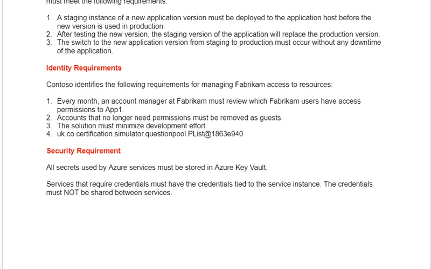Identity requirements. Contoso identifies the following requirements for managing Fabrikam access to resources. First, every month an account manager at Fabrikam must review which Fabrikam users have access permissions to App 1. Second, accounts that no longer need permissions must be removed as guests. Third, the solution must minimize development effort. Fourth,